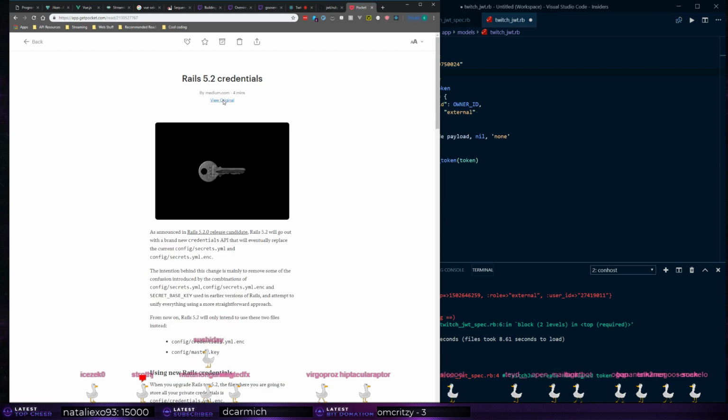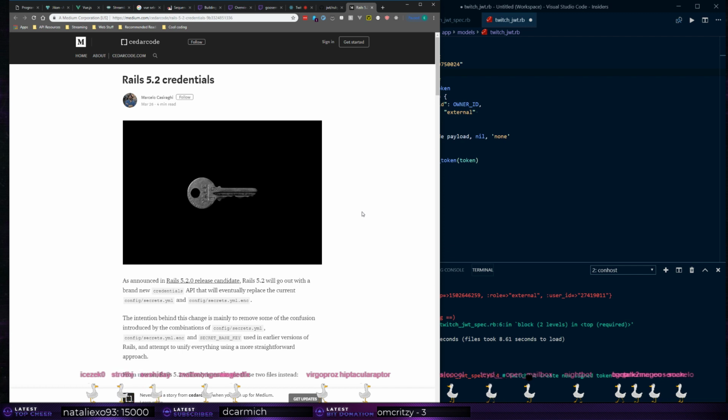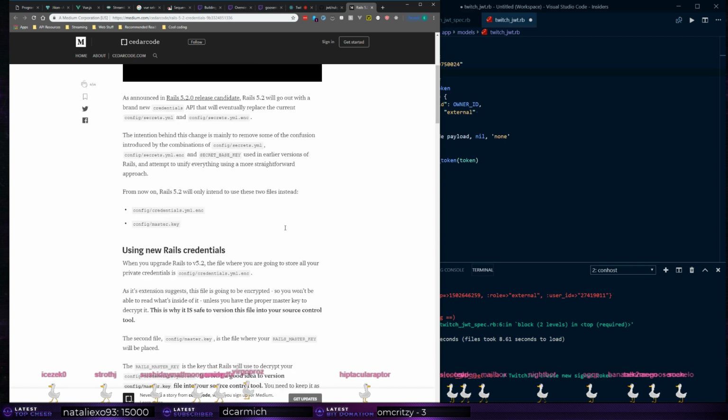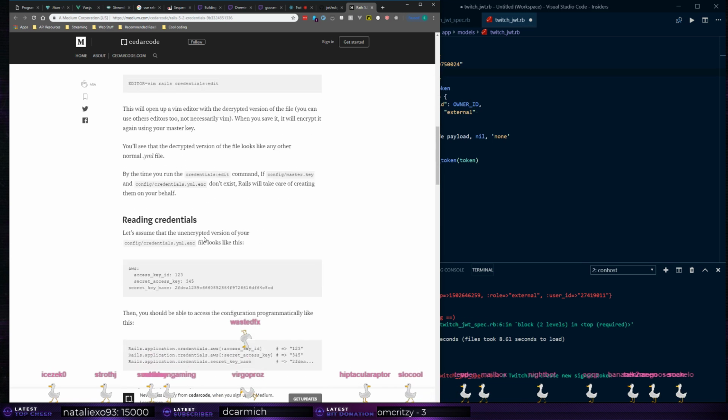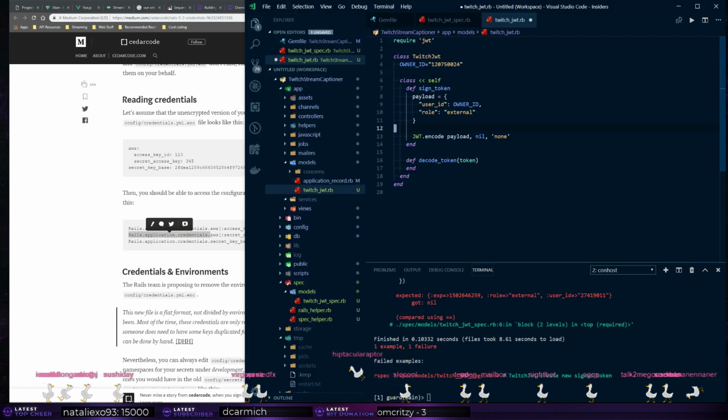Credentials. Let's see. How do you fetch credentials? Okay, so this is how you do it. Rails application credentials, and then in my case,